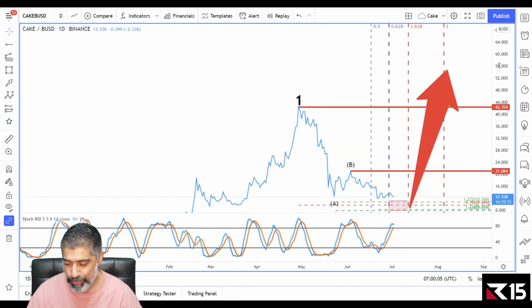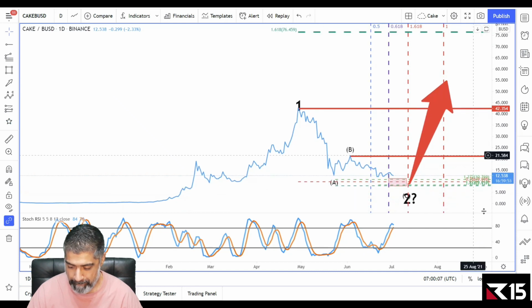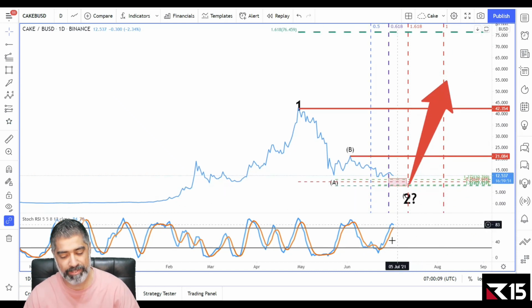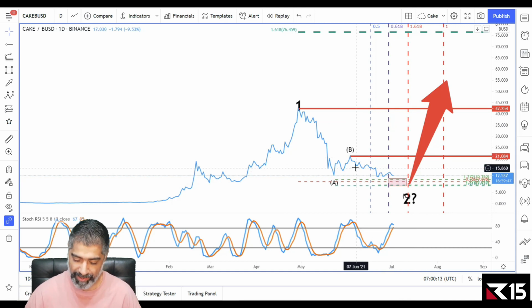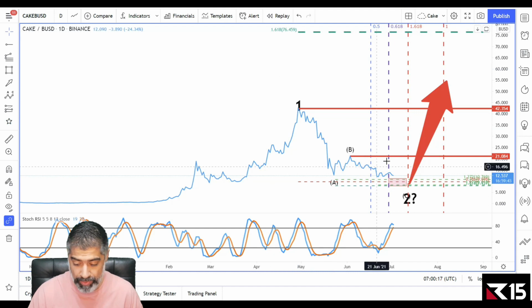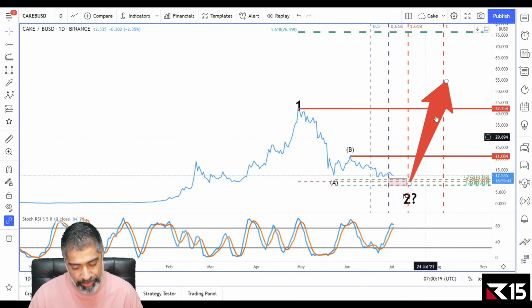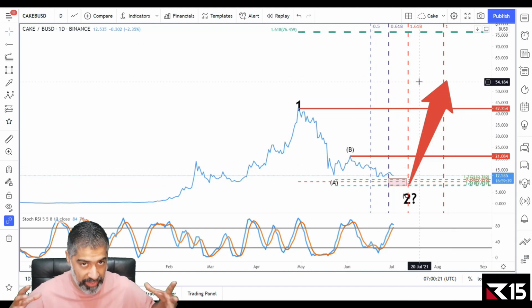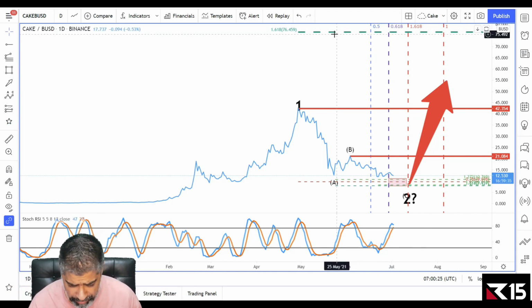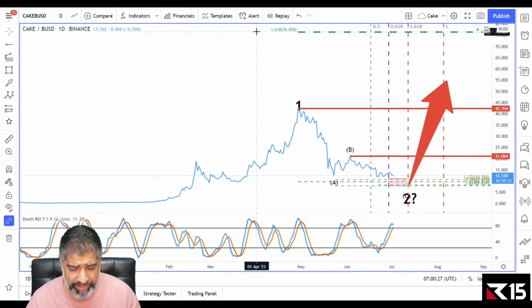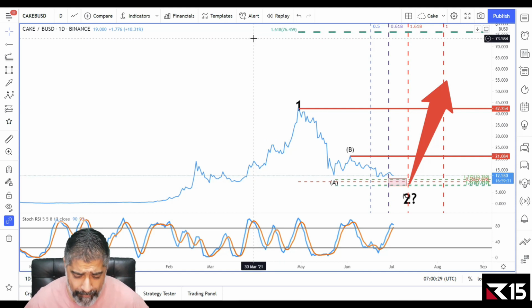If wave 2 holds down here with this price cluster, this time cluster, and the momentum and the pattern, if it holds and it reverses, which is a good probability of happening, but we need a bit more information. It won't go in a straight line. It'll build up towards it, especially if the next phase of the bull market really kicks off. The next price target that we can expect is $76.46. There you have it.